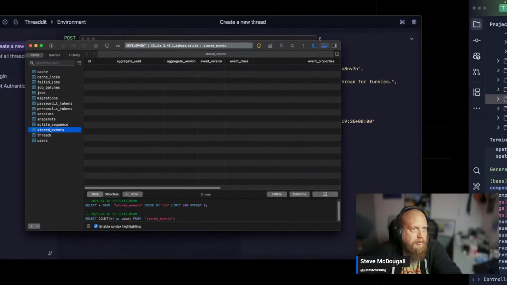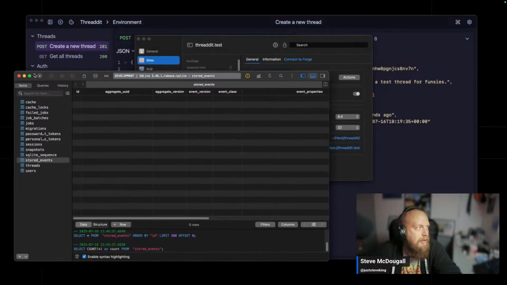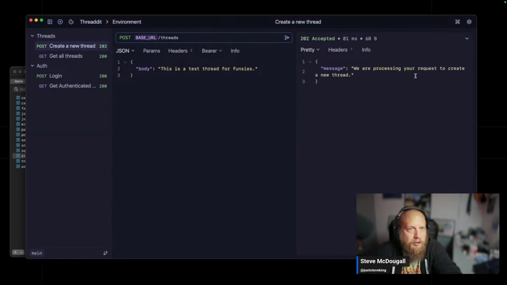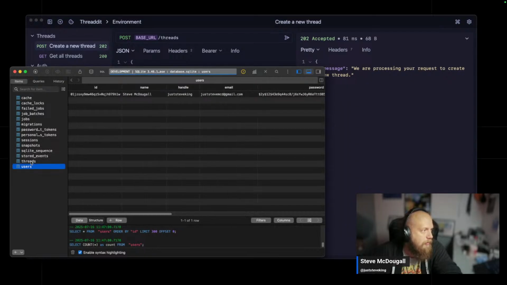So far so good. Nothing in our stored events, but we're going to want to check those in a mo. Let's move that over here, and we are processing the request. 202 accepted. Aggregate version, event class, thread was created. Here's a body for that user. And then in our threads,